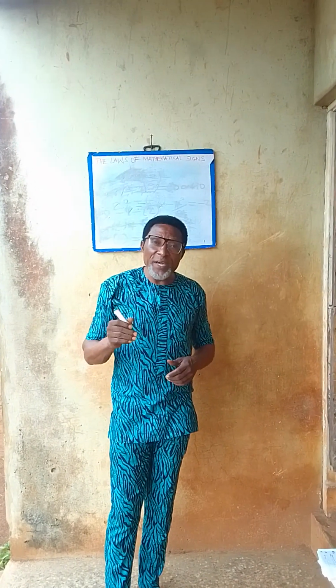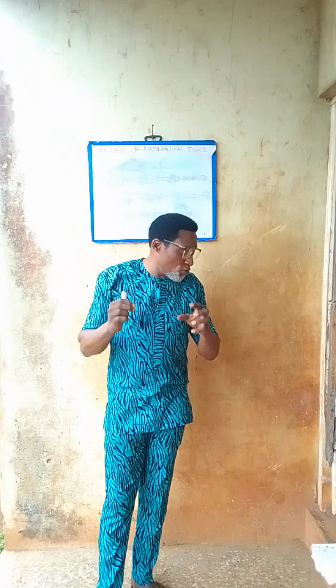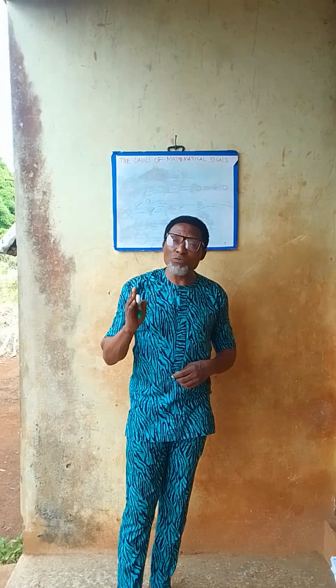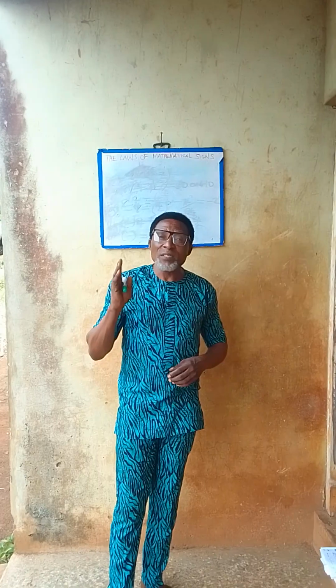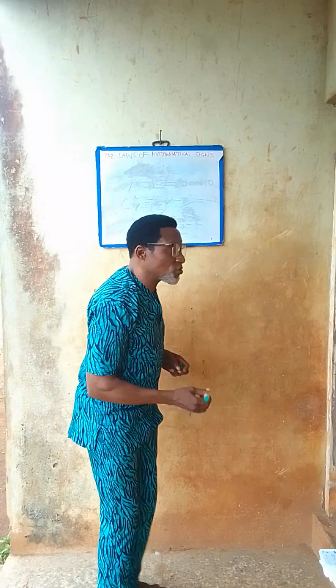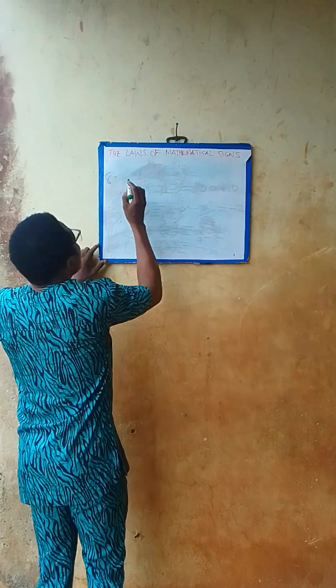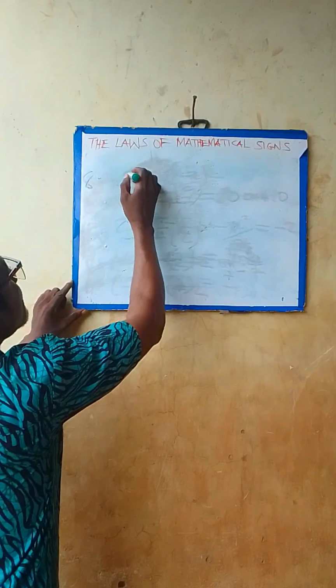So today we are looking at law 8. Law 8 tells us that if two numbers of different sign are divided, the result will be negative. When numbers carry two signs, negative and positive, in this case, law 8 says if two numbers of different sign, that is